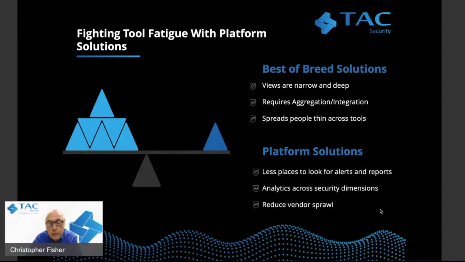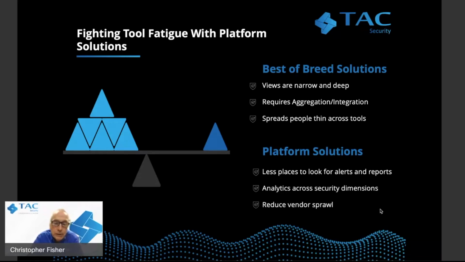Cisco actually talks about these platform architectures in three categories. They have what they call solution-based platforms, where a particular solution has been augmented and expanded with additional functionality or data. A next-gen firewall is an example of something like this. Then Cisco talks about SIEM or SOAR-based platforms, which are tools that are used to collect and aggregate data from a variety of sources. And the difference between what they call a SIEM or SOAR-based architecture is that the SOAR-based architecture has added things like threat intelligence and automated response workflows to that aggregated data.